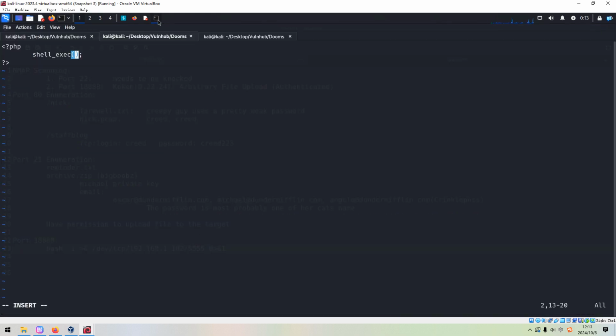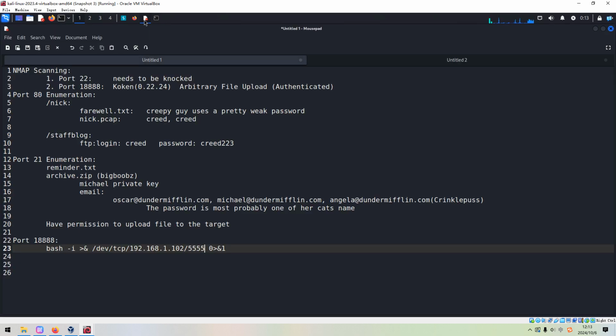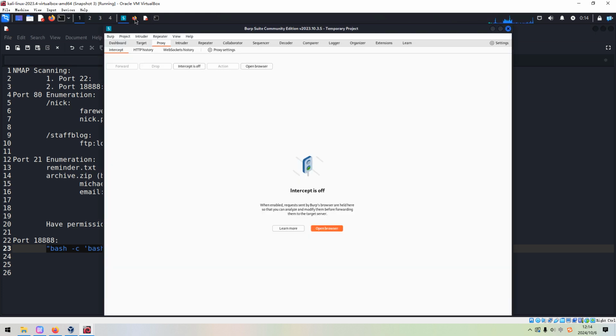And next, I think we can set up the listener on the Kali Linux to wait for the connection from the target. And now we can use bash, and then double quotes to wrap the entire reverse shell command.